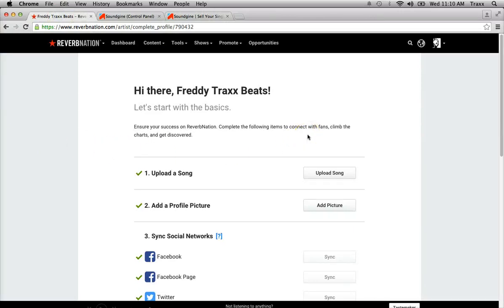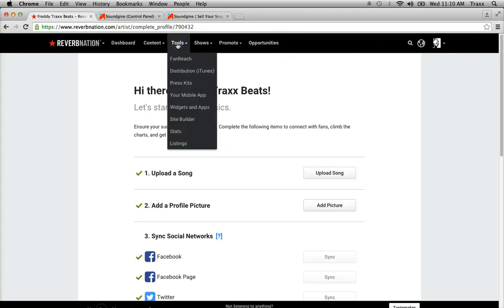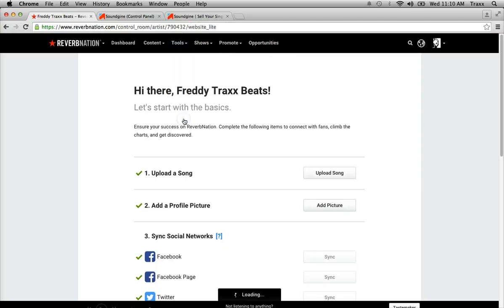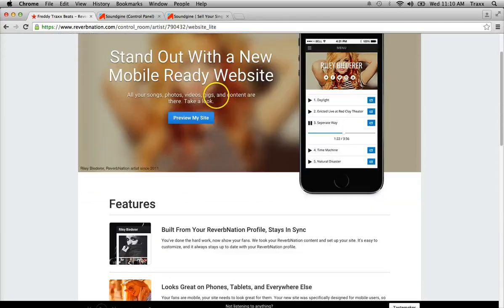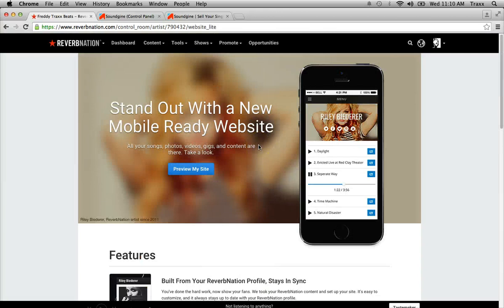They have a site builder, if you didn't already know this. Where is it? Tools. Now, I checked it out. I mean, it's cool. For me, I don't think it would be the best, but if you're on a budget, right now, I'm not paying for a pro account with Reverb Nation, so it's basically a free account because I took down